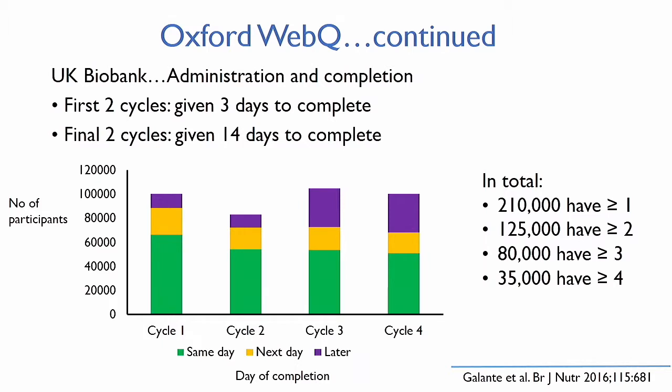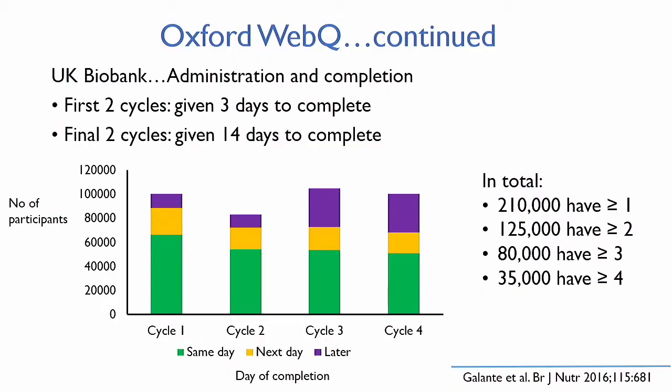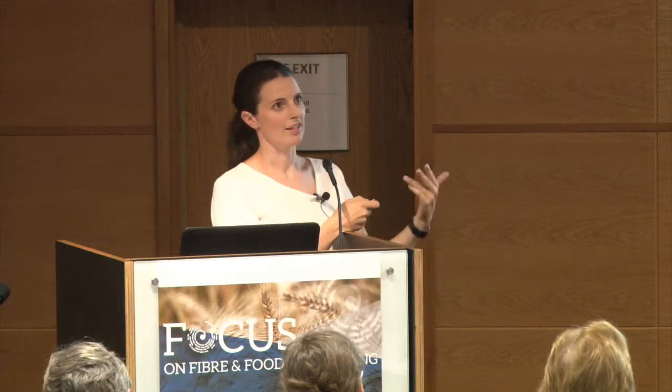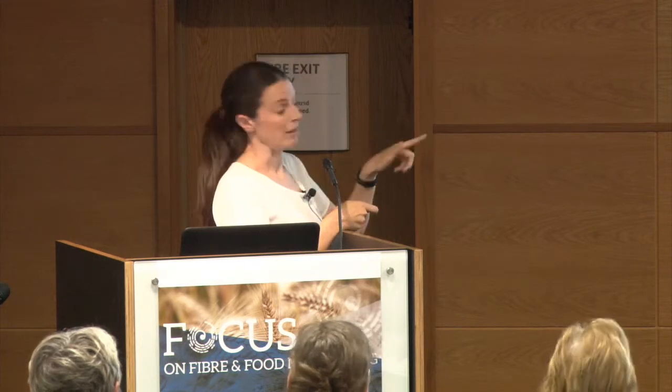So if you remember, it was administered up to 4 times, 4 cycles. There was a bit of discussion about how long you would give people to complete it. So when it was emailed out, in the first couple of cycles, they were given 3 days before the email link expired, whereas in the last 2 cycles, they were given 14 days before the email link expired. And what they didn't want to happen was to email out a link to do a diet survey and people think, oh great, I got that in the morning, I'll eat perfectly the rest of the day and then complete it tomorrow. So if you combine all the cycles, about 58% completed it on the same day that they were